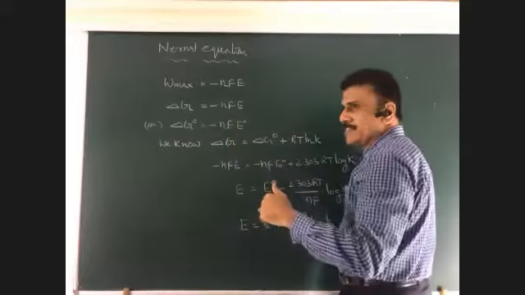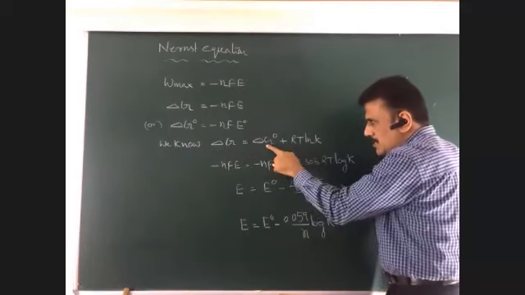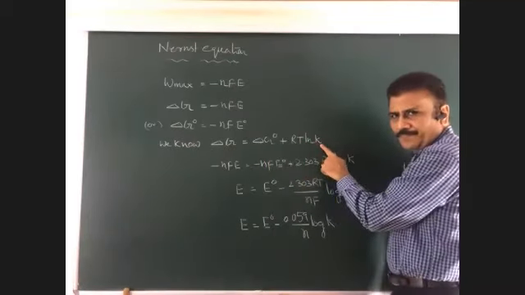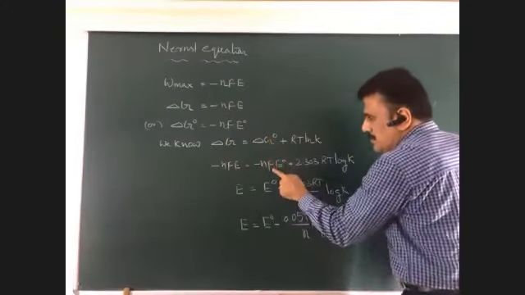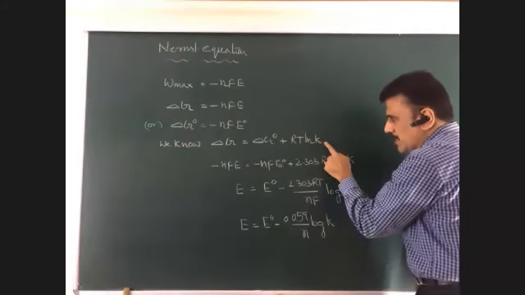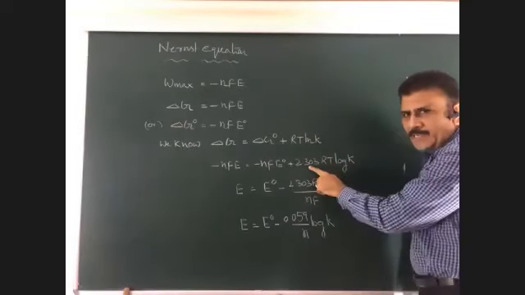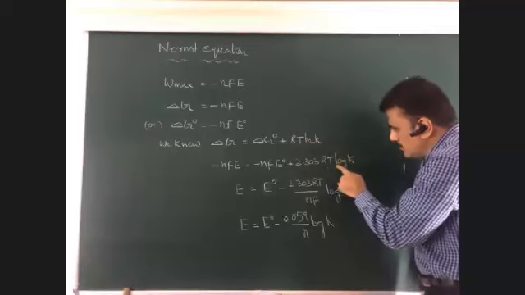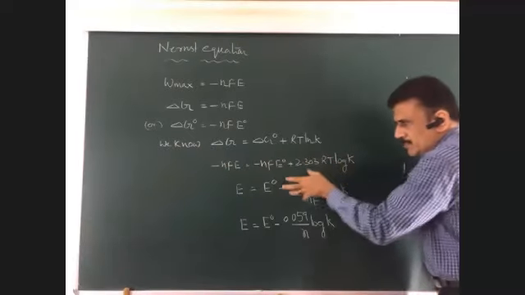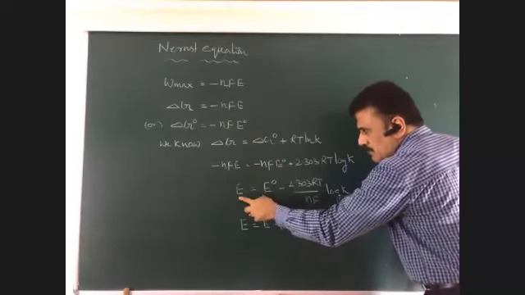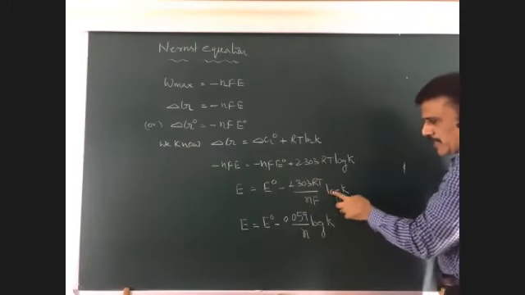And in thermodynamics, in the first year, we know this equation. Delta G equal to delta G naught plus RT natural logarithm K, ln K. So delta G can be written like this. Delta G naught can be written like this. And RT ln K, instead of natural logarithm, if it is converted into logarithm, it should be multiplied with 2.303. So ln is removed with the help of log by taking 2.303. So this equation, by simplifying, by dividing with nF, E is equal to E naught minus 2.303 RT by nF log K.